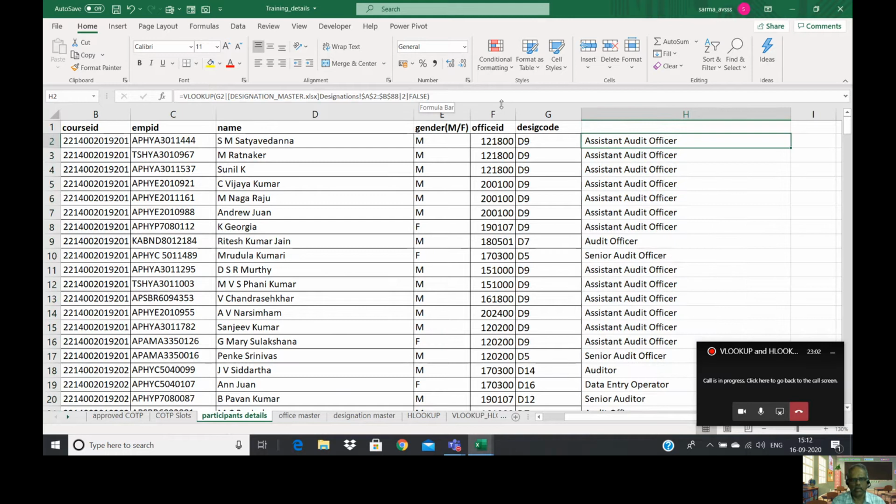Here, one difference is that whenever we are using alphanumeric or dates, right? We have to use the exact match. That is the fourth parameter. Okay, so this is what VLOOKUP is. VLOOKUP has 4 parameters. It's useful to pick up desired values based on the lookup value, right? So the 4 parameters: one is the lookup value. That means on which code you want to search. Then you have to tell the VLOOKUP what is the range where the desired value is available.